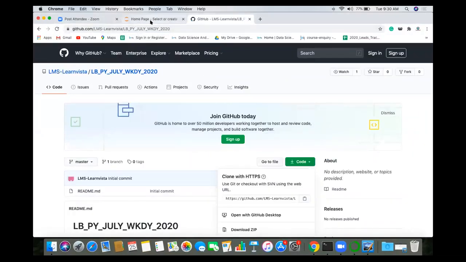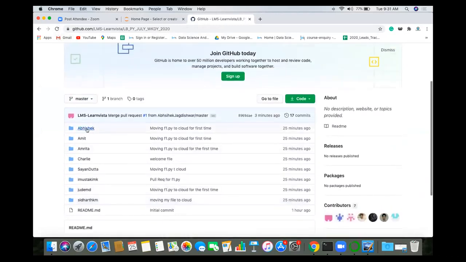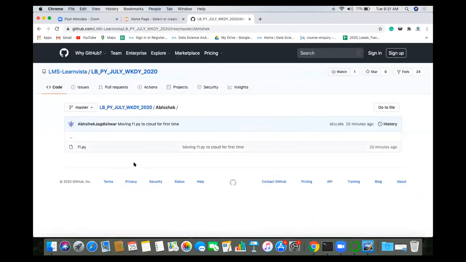And one thing I forgot to mention. This is my Abhishek folder, right? In this, I'll be uploading the notes.